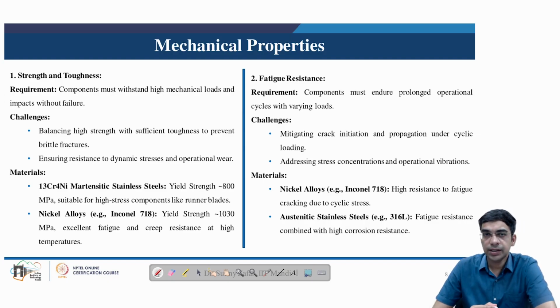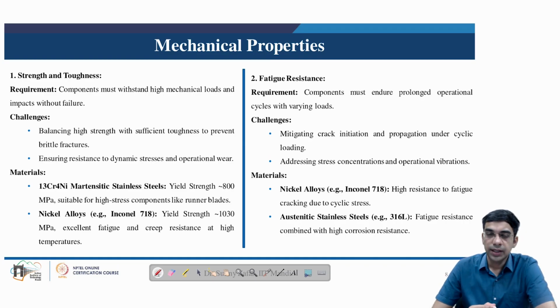The second important consideration in hydro turbines concerns all these critical components that we have discussed. Components such as the blades, guide vanes, and runner are constantly submerged underwater. So there is a very high probability of aqueous corrosion taking place on these components. Material selection for these components also has to take into consideration how to minimize aqueous corrosion, because corrosion is one of the significant operating challenges in hydro turbine parts. So we start with the mechanical properties, where first we discuss the strength and toughness.